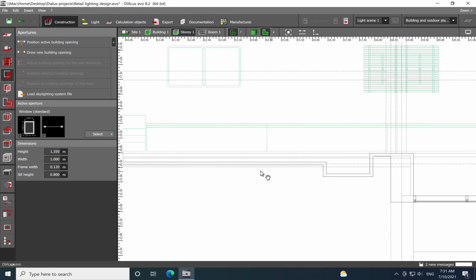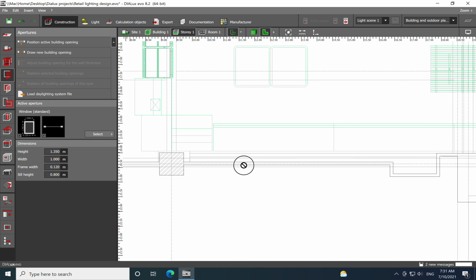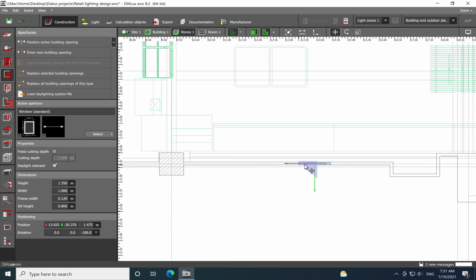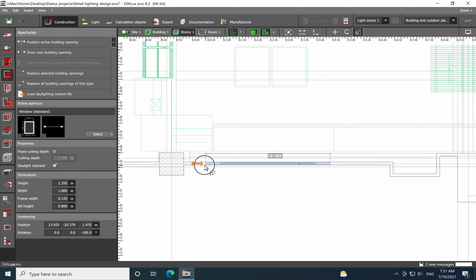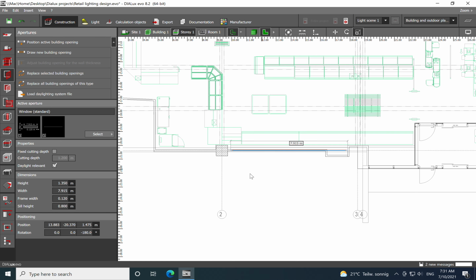I think for all this part I will just place a window here on this side. You can just scale it after it's in place. I will go until the end, until here. And I would like to have it also later on. We will do also a